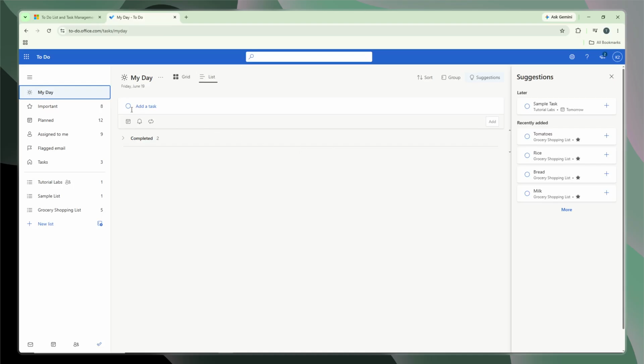Look to the left side of your screen where you'll see all your task lists. At the top of this sidebar, you'll find an option that says New List. Go ahead and click on it. This is where you'll create a dedicated space specifically for scheduling your personal activities and making sure you actually follow